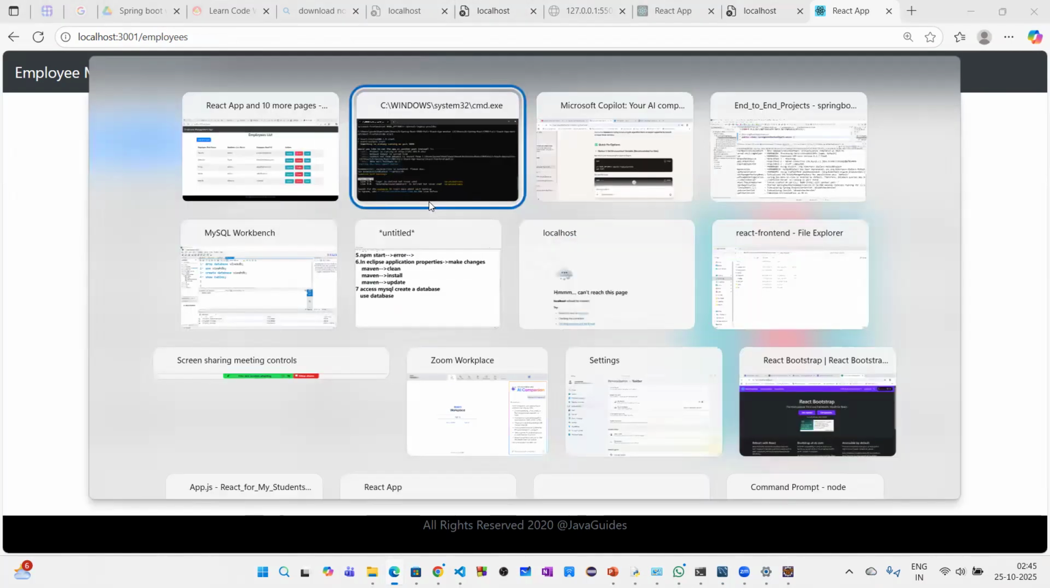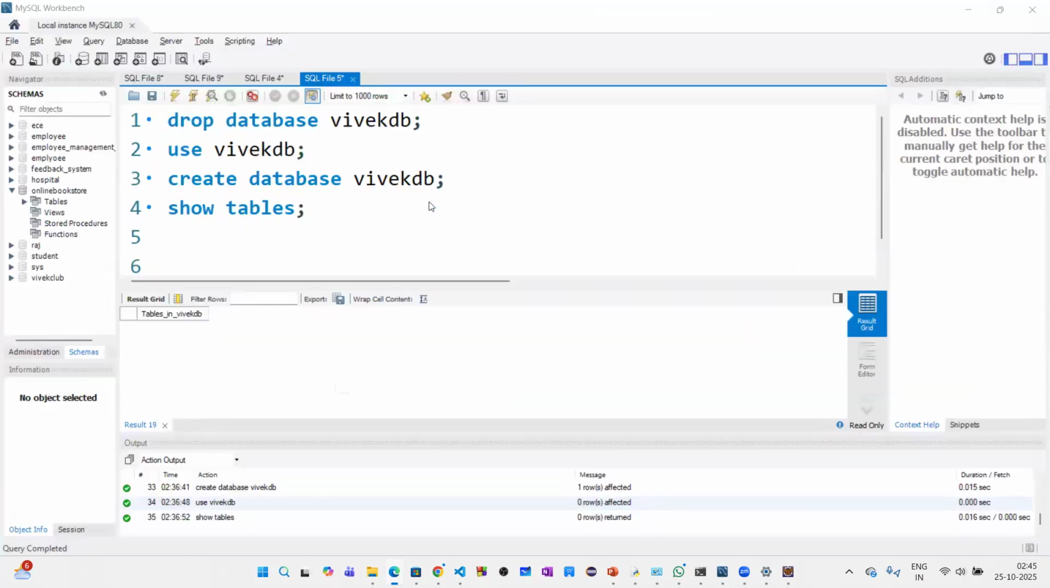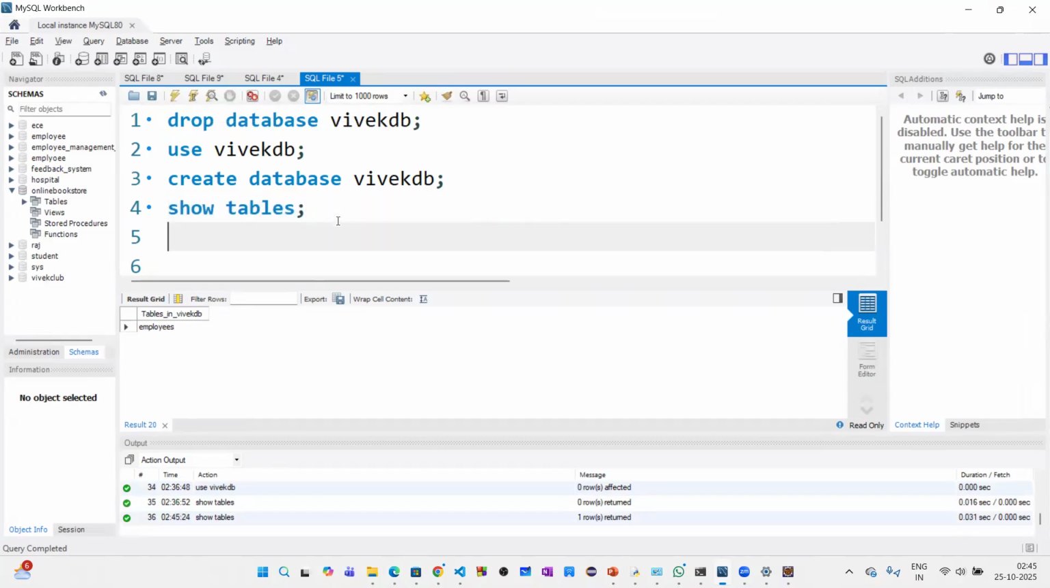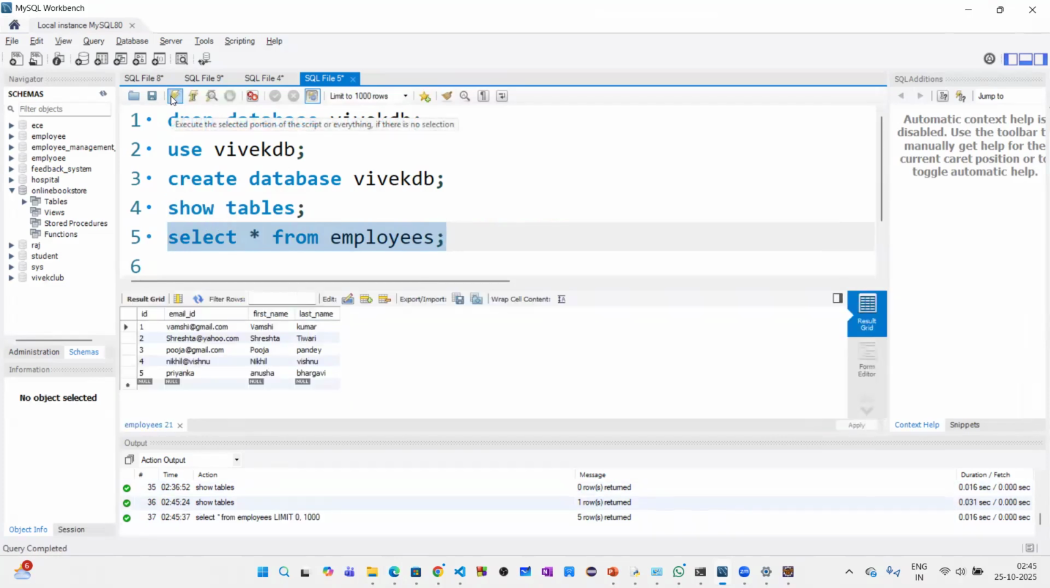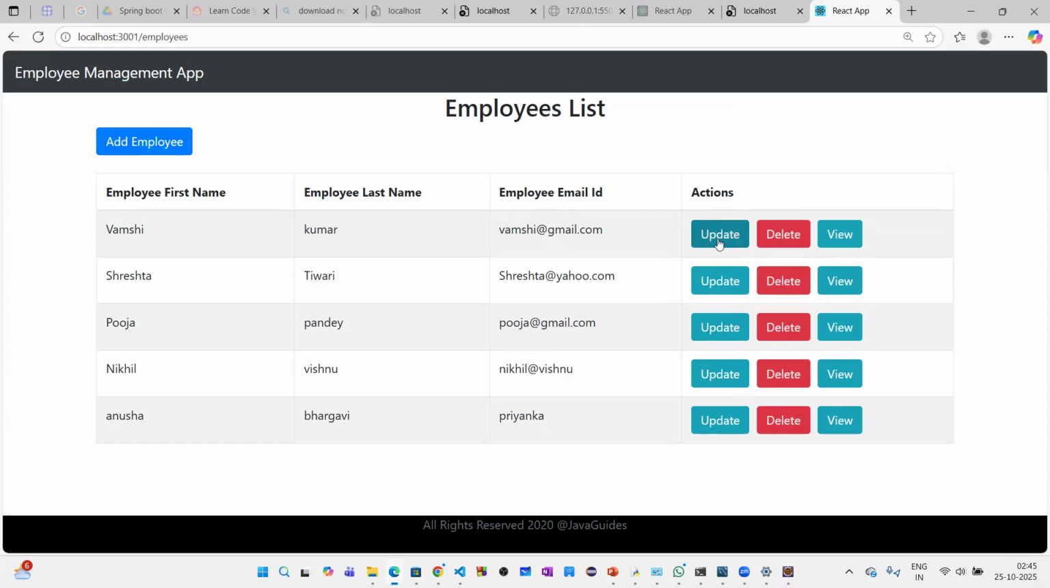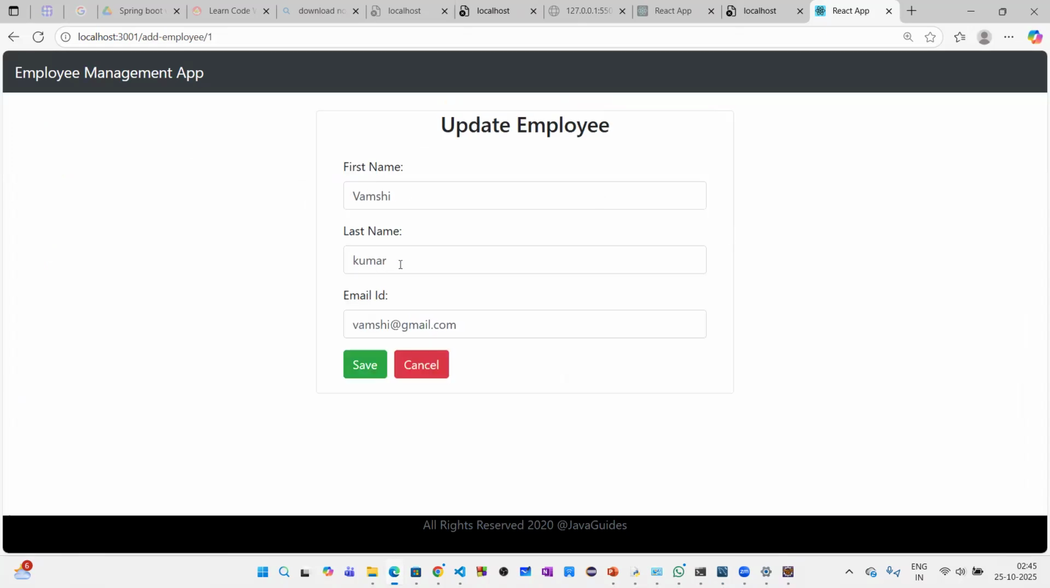Now let's check it in our database. Show tables. Yes, employee. Now select star from employees. Fine, it is done. Now one operation we have done, adding. Let's update. This time I just wanted to update the Kumar. Instead of Kumar, we'll go with the other name, Prince. Save,